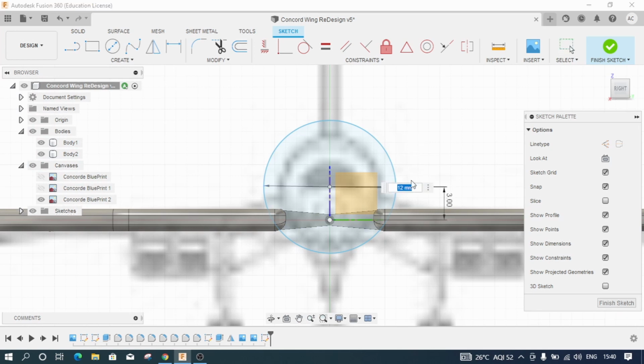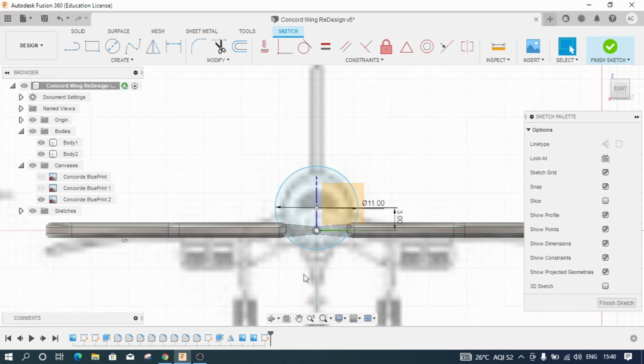I will try to make this 11 mm. I want the body to be slightly larger than this particular image so that the wings which we are trying to attach will be very much firm in their place. So now I am happy with this particular cylinder arrangement, and I will click on finish sketch.